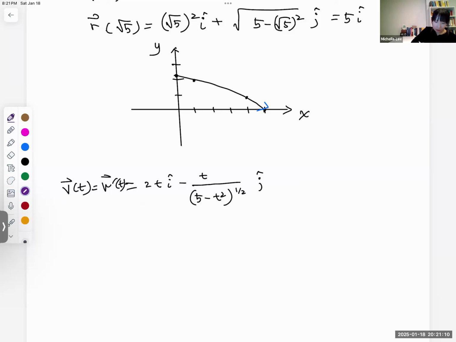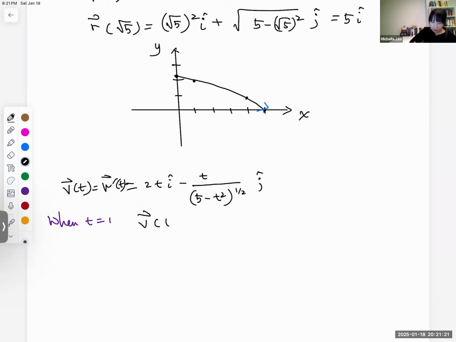So when t equals 1, v of 1 equals r prime at t equals 1, which is 2t with t equal to 1, I had, and minus